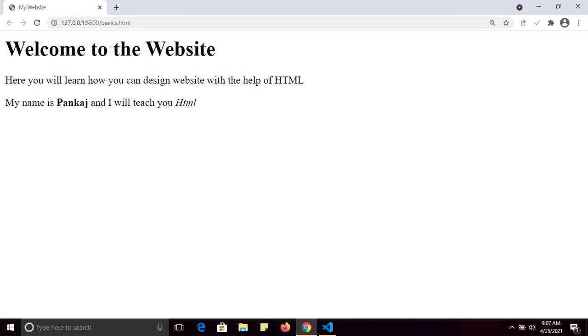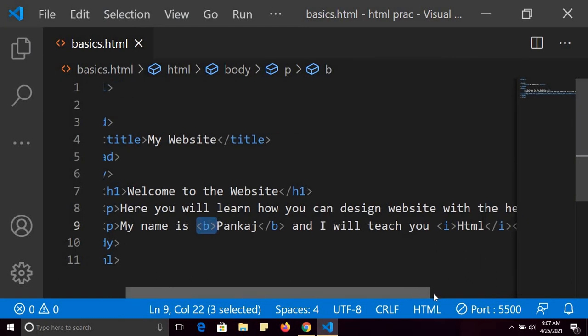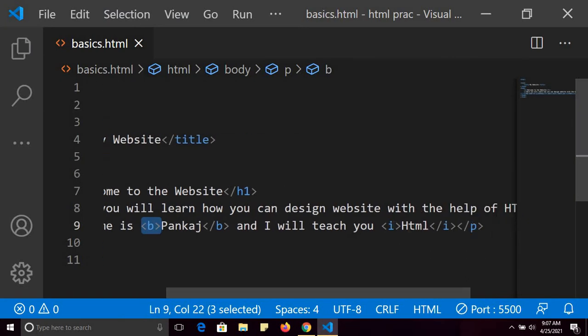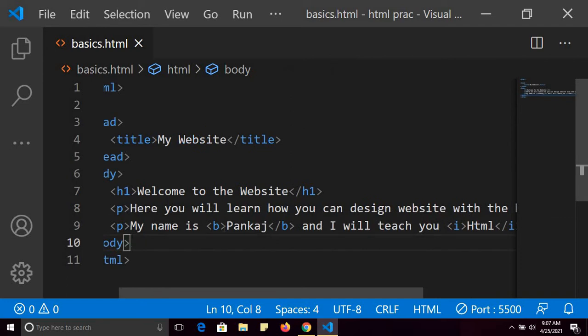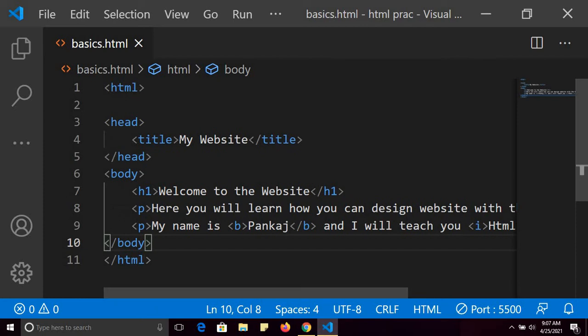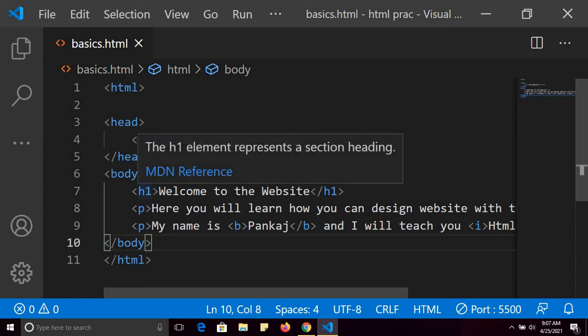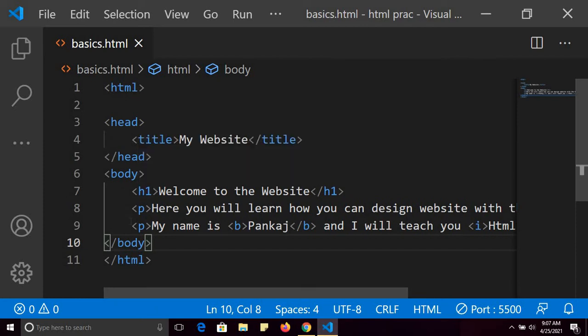Pankaj is in the bold section, and I will teach you HTML. HTML I have written in the italic section. So for bold we use B, for italic we use I. I have explained the h1 tag, p tag, bold tag and italic tag.